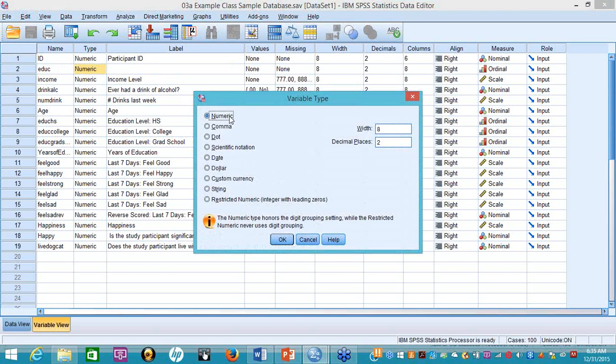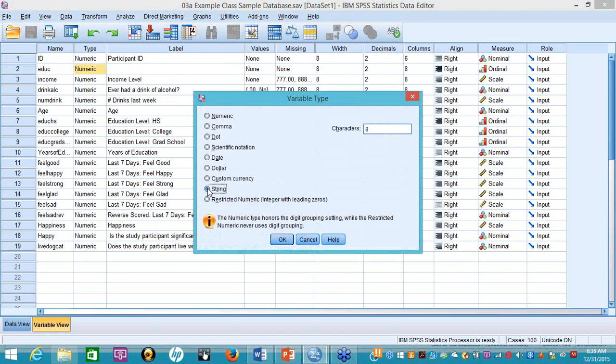So it's numeric because it's 1, 2, or 3, but if we made it string, they could actually type in an actual word and describe. So if it was a certification or what university did you go to, we could make it string, and they could write in their actual university